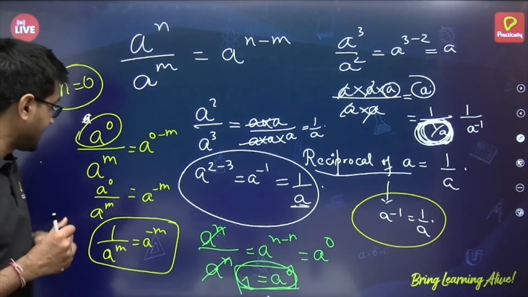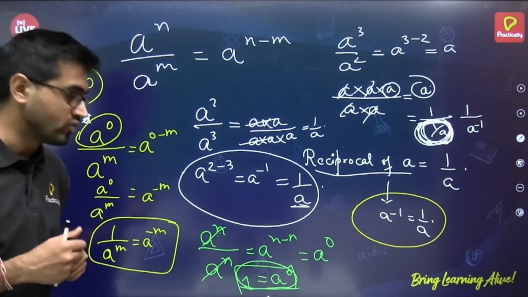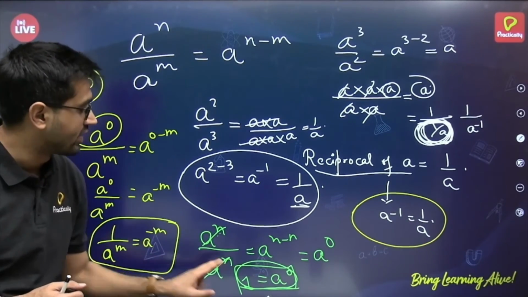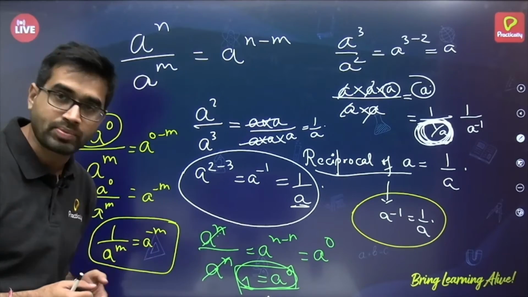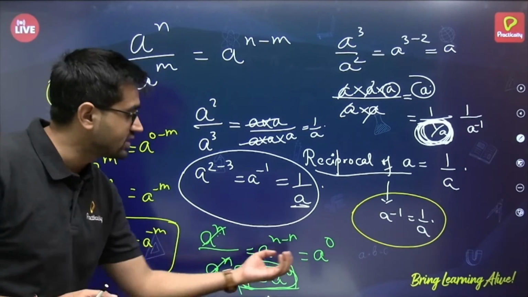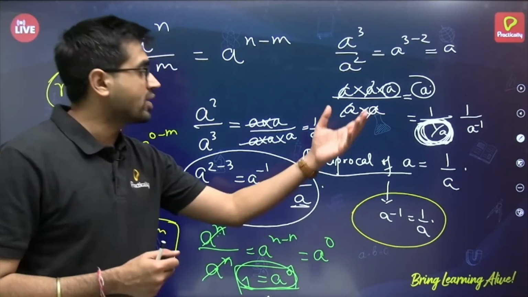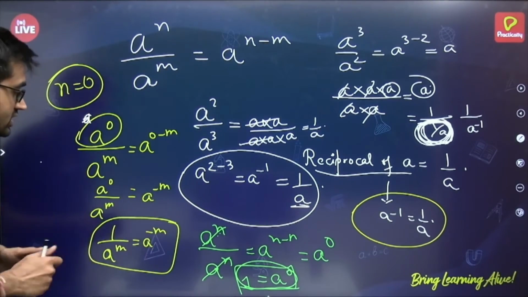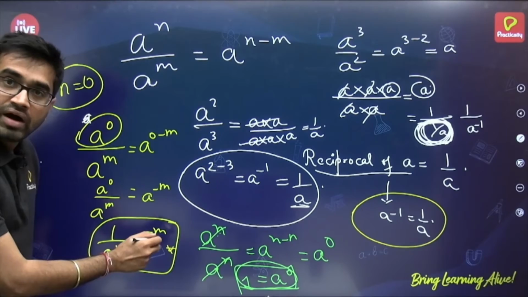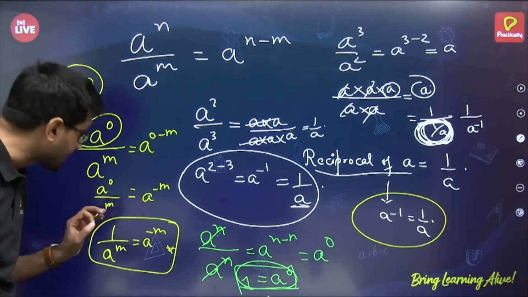How can I prove that A to the power 0 is 1? How do I get A to the power 0 as 1? Because with A to the power n divided by A to the power n, if I take the same power, the powers get subtracted, it will give me 0, and the terms get divided, it will become 1. So 1 is nothing but A to the power 0. A to the power minus 1 is 1 by A. Actually, this should be remembered more. When you write a negative power, it simply means you are reciprocaling it.